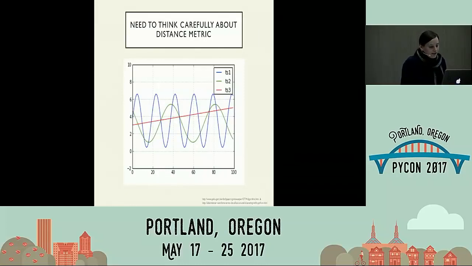For time series, it might be very tempting to just use, say, Euclidean distance, right? Because you say, well, it's not like people where they have all sorts of different kinds of features. It's just a time series. What's so complicated about comparing these? Well, first let me ask, which of these two are the most similar? I think all humans will agree. Which of these two time series are most similar to each other?